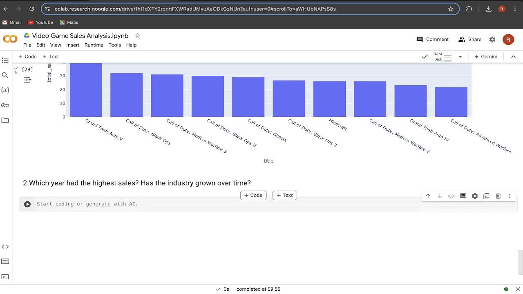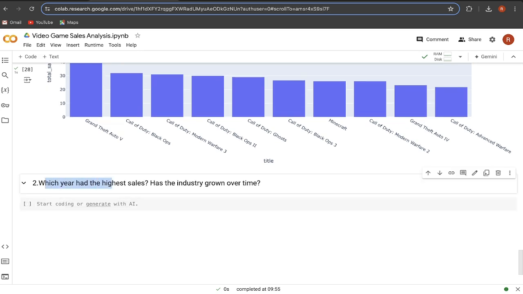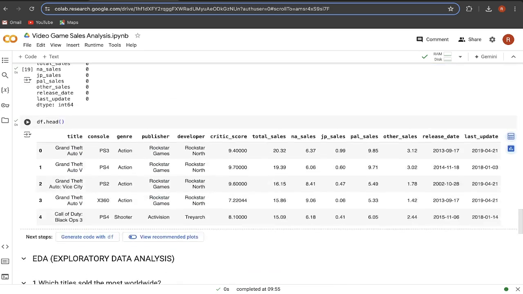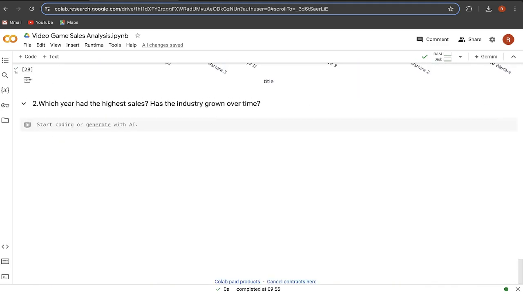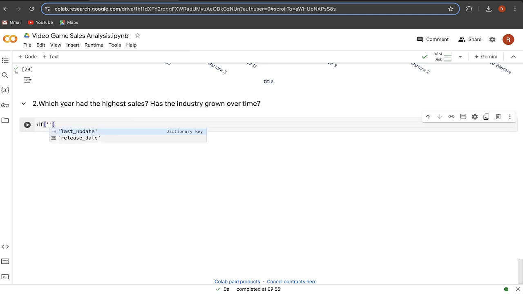Now as you can see, you have to plot which year had the highest sales, but when you check the date time column that you have, there you have the entire date like year, month and date, but you just have to extract the years from that column. And hence what we are going to do next is extract only the year from this release date column, and store it into a new column titled release year. So we will add a new column in our existing data frame named release year,